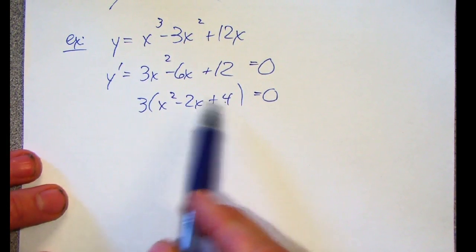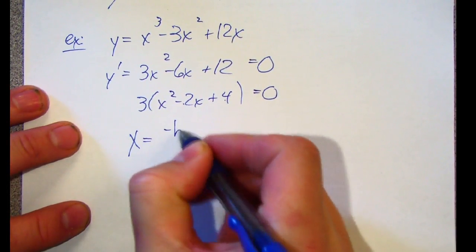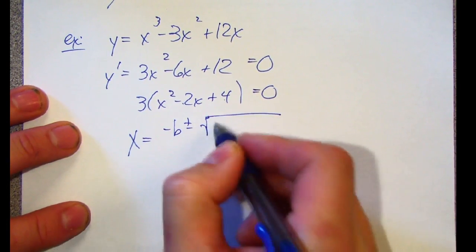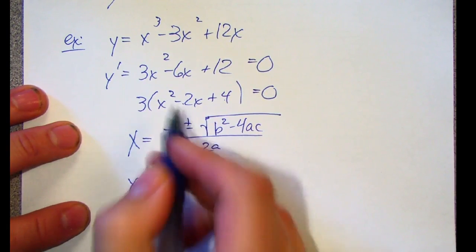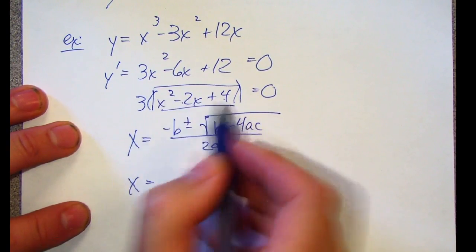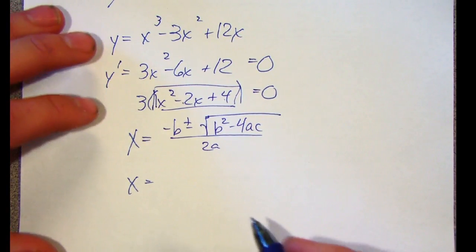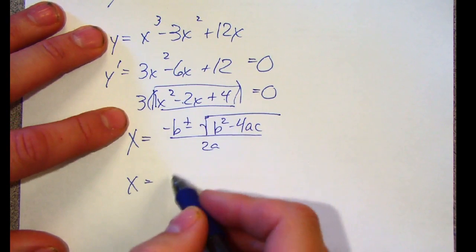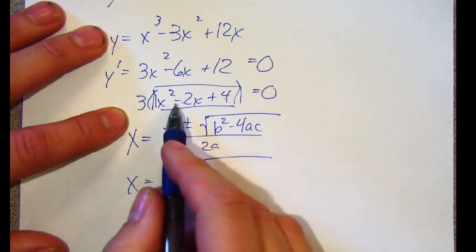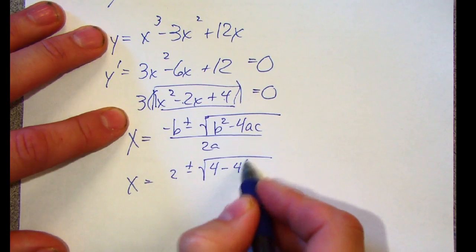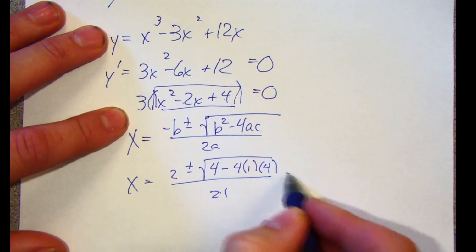So I'm trying to multiply to 4 and add up to negative 2, but that doesn't work. So I'm stuck trying the quadratic formula. And you can use quadratic formula with the numbers after you've factored. So I'm going to use 1 for A, negative 2 for B, and 4 for C. But watch what will happen. So negative B is 2, plus or minus the square root of B squared is 4, minus 4 times A times C. And the bottom part isn't even going to matter because what you get here is